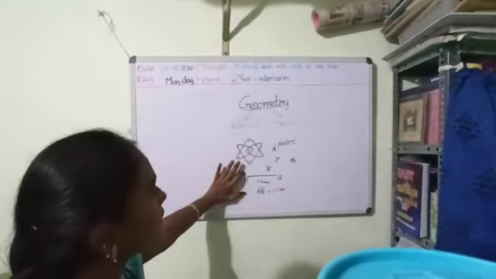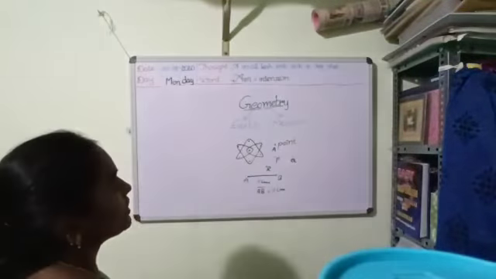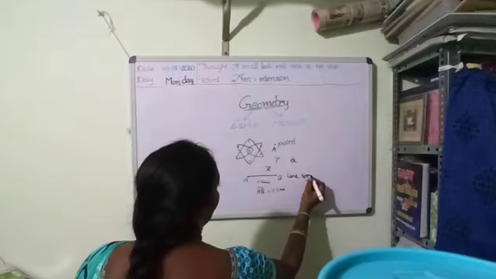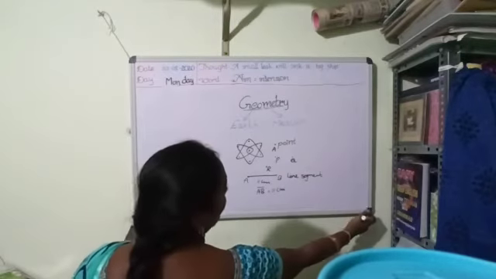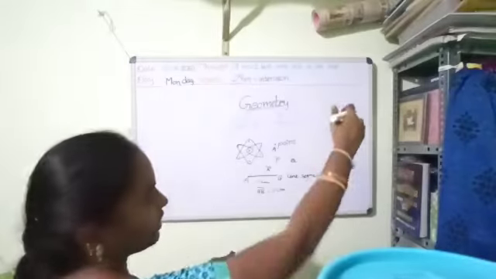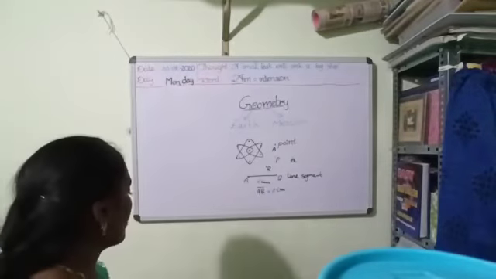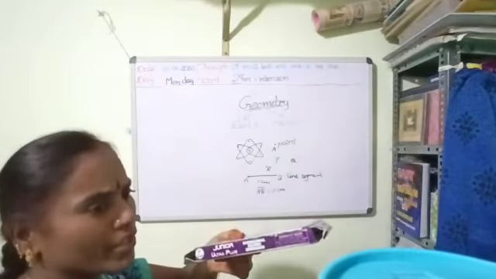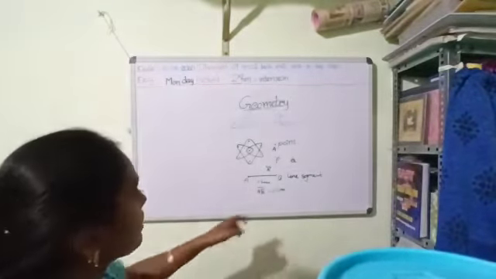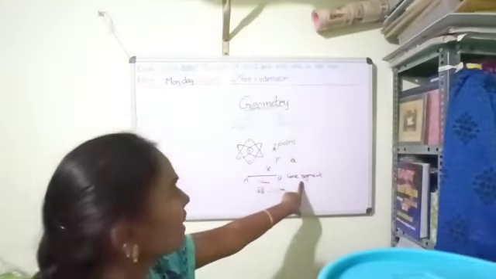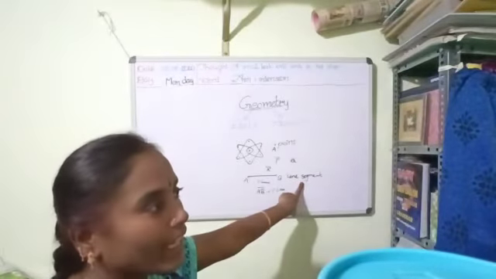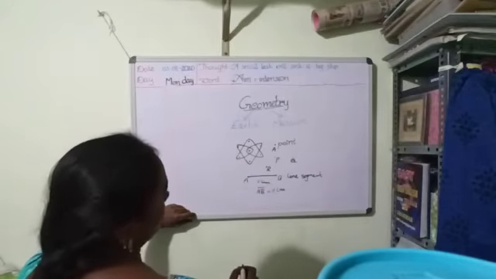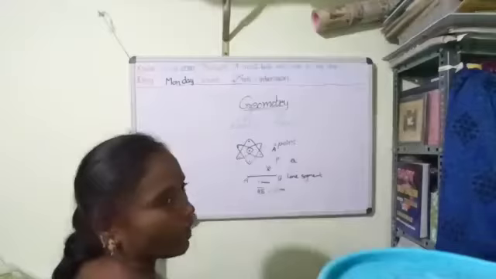What is an example of a line segment? Length of the board. Can you measure the length of the board? Breadth of the board, length of the book, or breadth of the box. Something we can measure exactly. Which one can we measure exactly? That is a line segment. It is also denoted by capital letters and it has two end points.